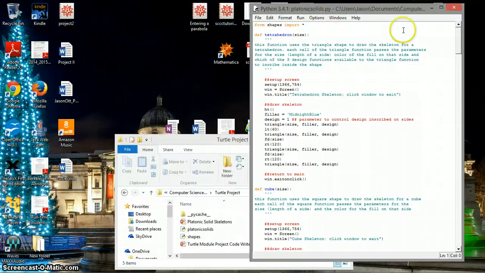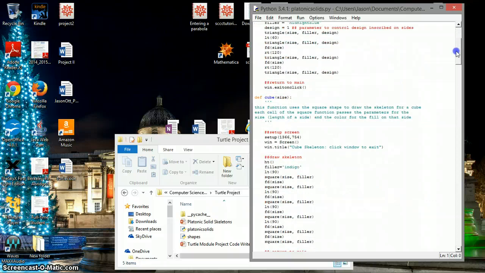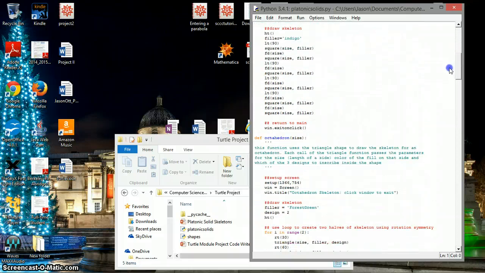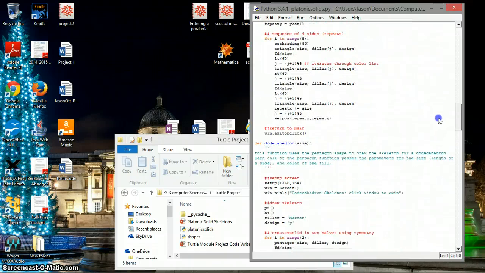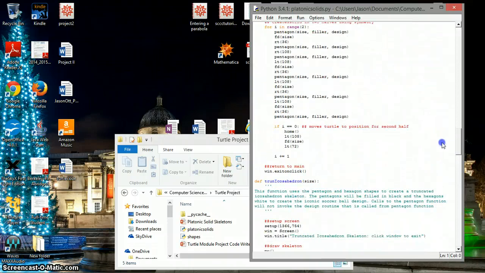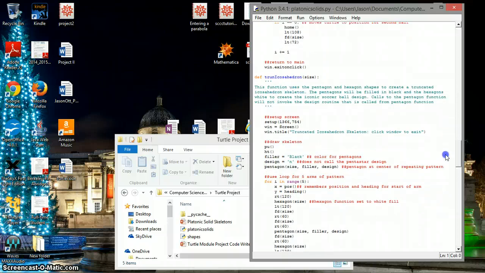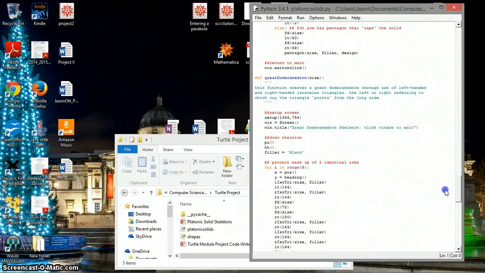The platonic solids module actually contains the meat of the program. It first imports all the information from shapes, so it also will import the functions that were previously imported there. And then it starts off with definitions of the tetrahedron, the cube, the octahedron, icosahedron, dodecahedron, the truncated icosahedron, and the great dodecahedron,